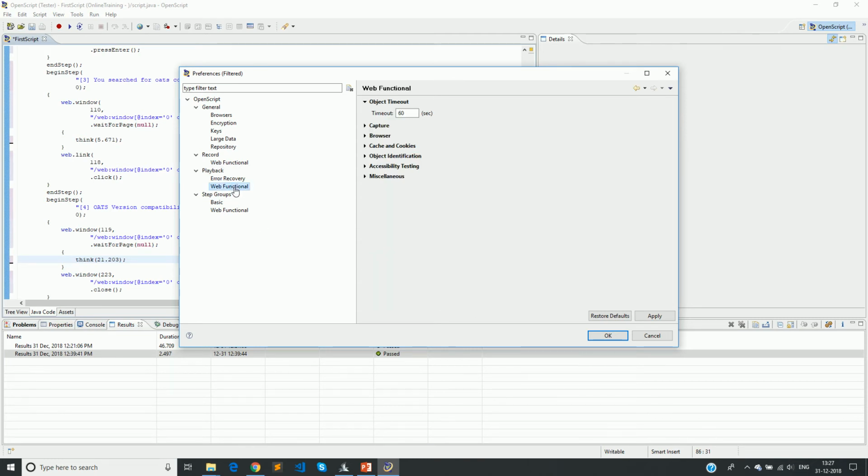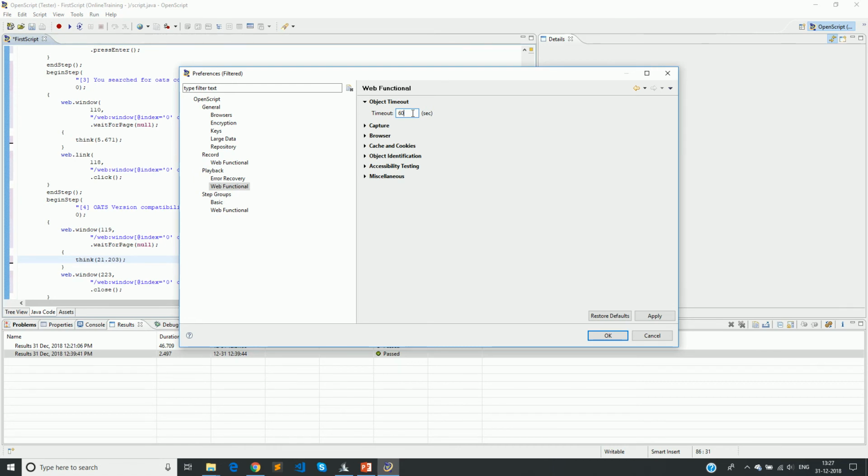Now we go for web functional, playback of web functional. Here we have object timeout. When OpenScript is playing back the script, it will first try to identify an object and then perform an operation on that particular object. Sometimes, due to sync time, like if the page is getting loaded slowly or the object is getting refreshed, it might take some time and the object may not be in an editable or accessible mode.